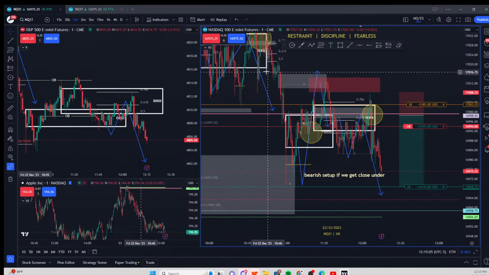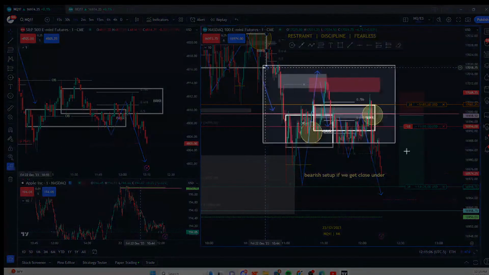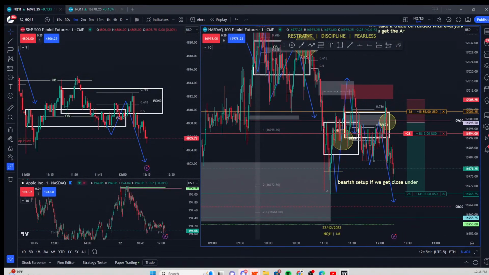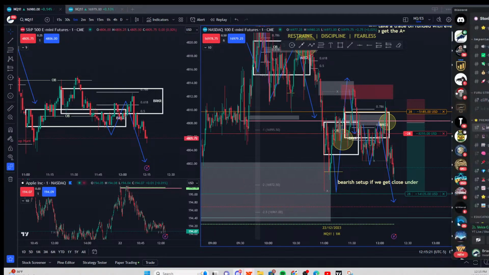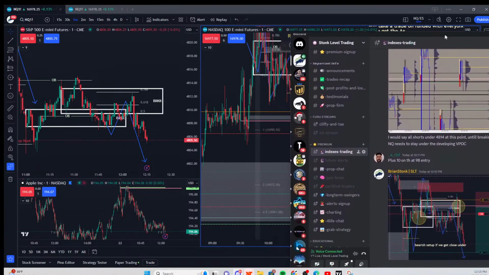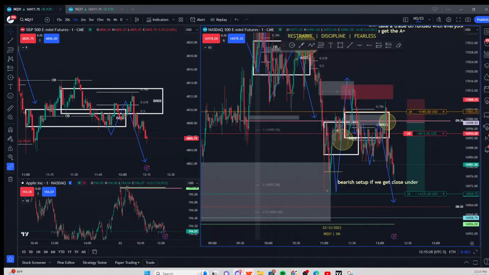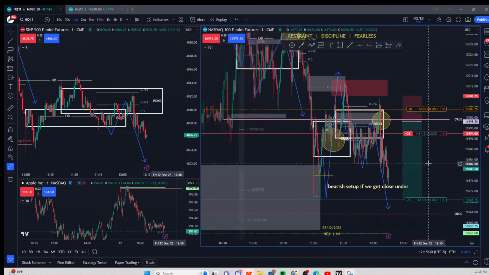This might actually get the 14,000. That's crazy. Oh, Ariel actually took the trade at 98. That's good. This is also shown in the Discord. 98 entry, 10 points. Low though, but